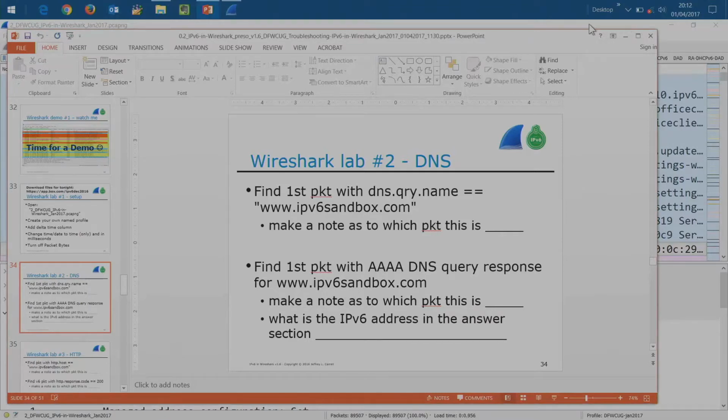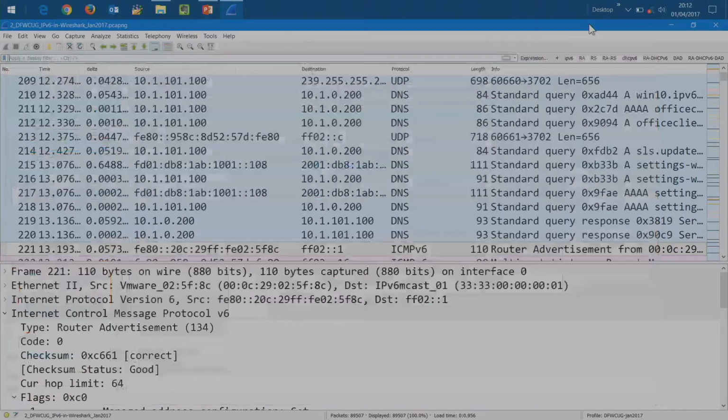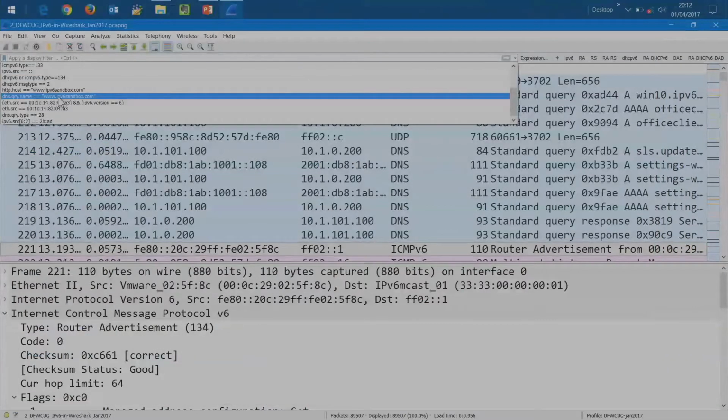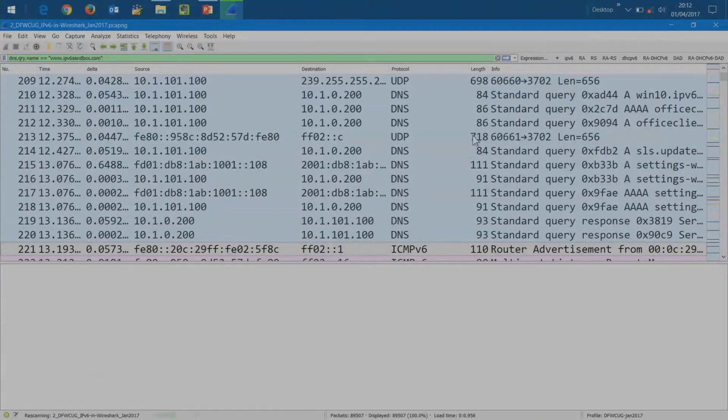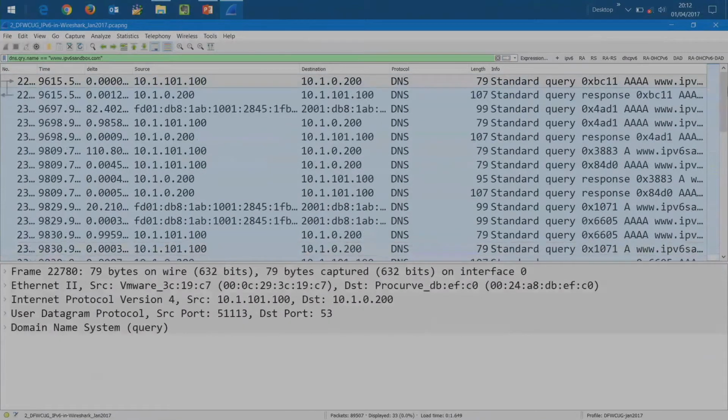So I've got that filter, I think, already built up in here. DNS query, and execute. Now something right off the bat should just jump right out and make you go, I see a V4 address making a query for a quad A record. What in the world is that V4 address going to do with a V6 response? Nothing.